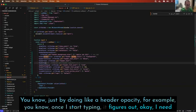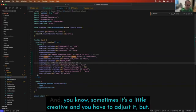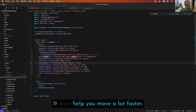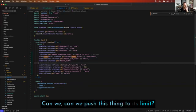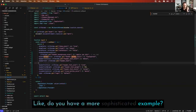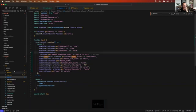Once I start typing, it figures out, okay, I need to follow the patterns of the line before it, and you're probably trying to do this, and that's a reasonable default. And sometimes it's a little creative and you have to adjust it, but it does help you move a lot faster. Can we push this thing to its limit? Do you have a more sophisticated example? Like, can it add an entire method to a class just based on...